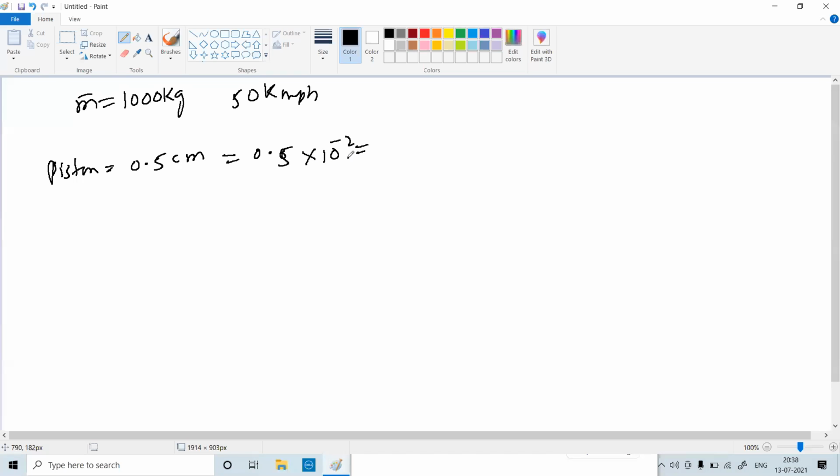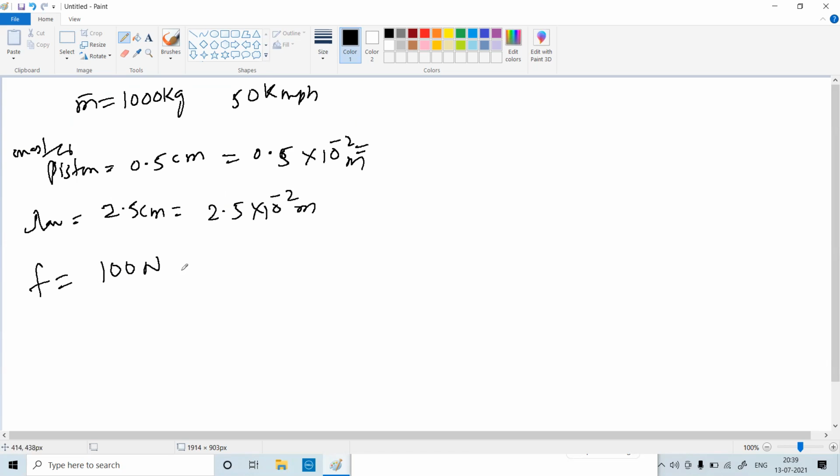Whenever cm is given, always convert it to meter, because you have to write in SI unit. This is the master piston, and the slave piston has a radius of 2.5 centimeter. If you convert into meter, it is 2.5 into 10 to the power minus 2 meter. If a constant force of 100 Newton is applied on a brake,